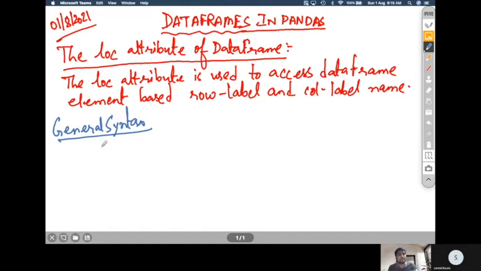There is one single syntax which you can use to access a range of elements from the data frame. So let us see the general syntax.